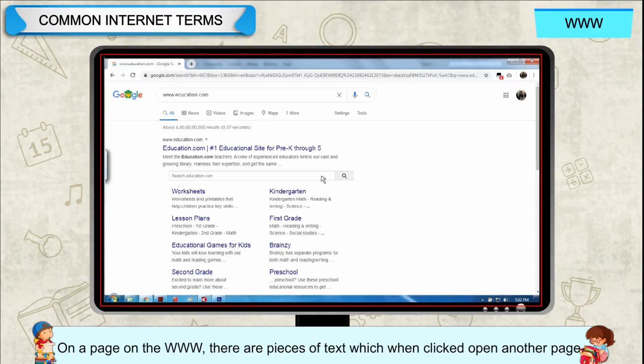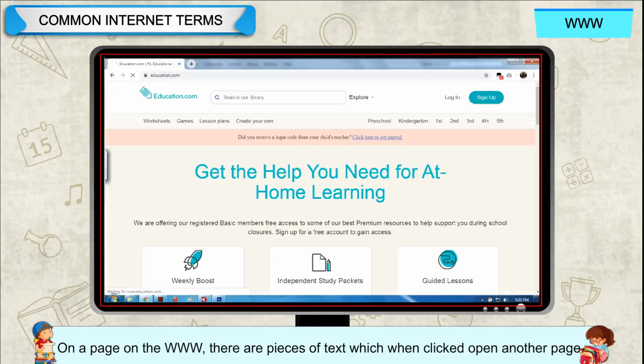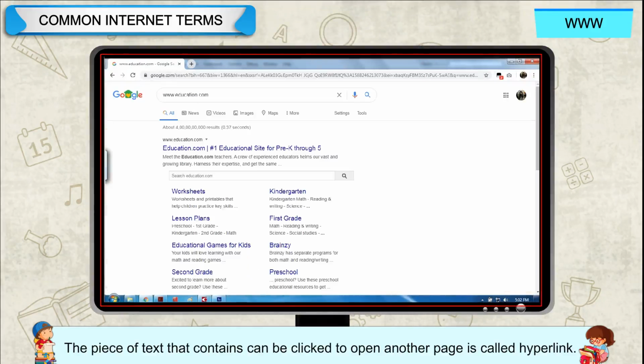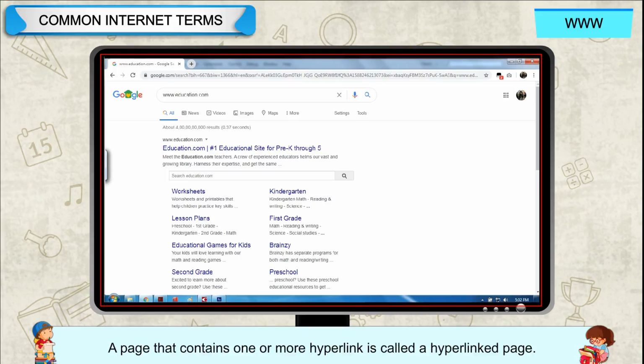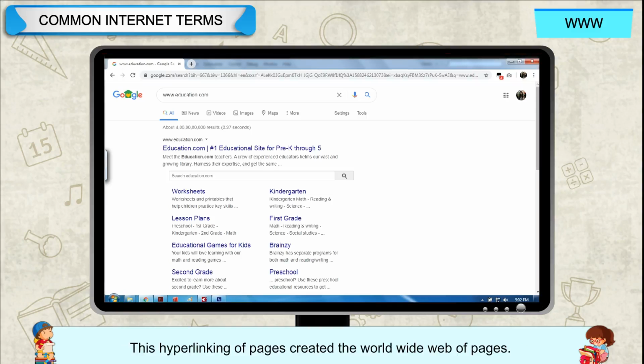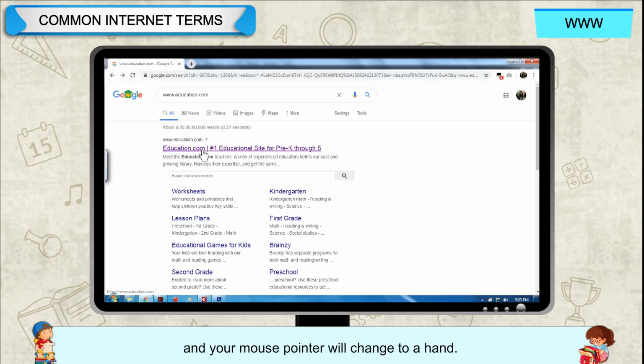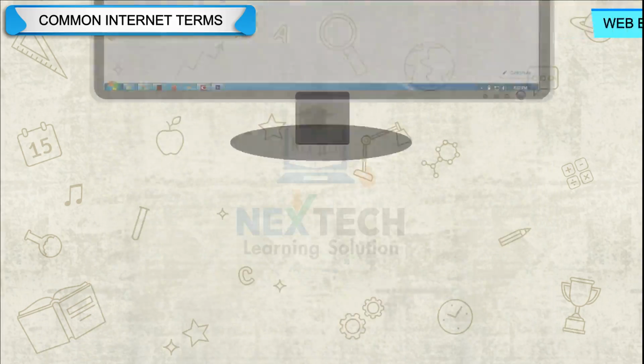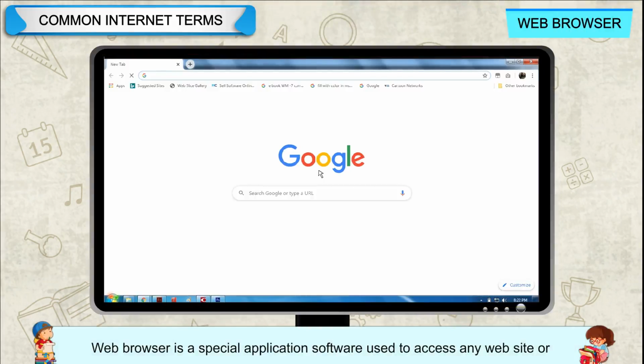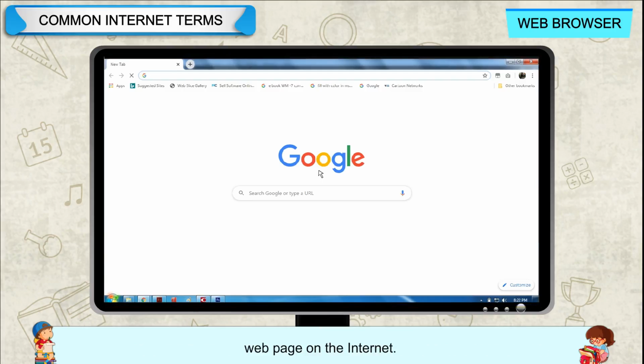On a page on the www, there are pieces of text which, when clicked, open another page. The piece of text that can be clicked to open another page is called a hyperlink. A page that contains one or more hyperlinks is called a hyperlinked page. This hyperlinking of pages created the World Wide Web of pages. When you take your mouse to the hyperlink, it may change color and your mouse pointer will change to a hand. Web browser. Web browser is a special application software used to access any website or web page on the